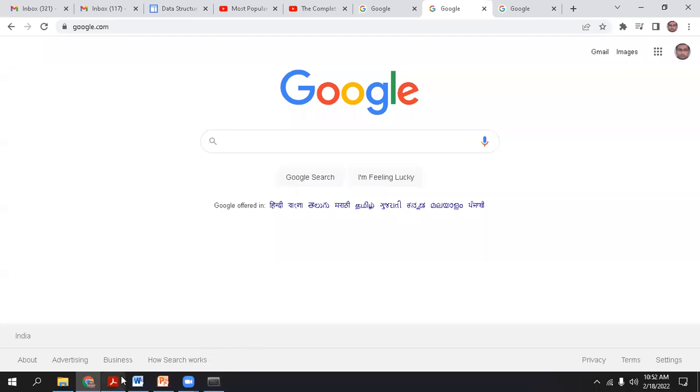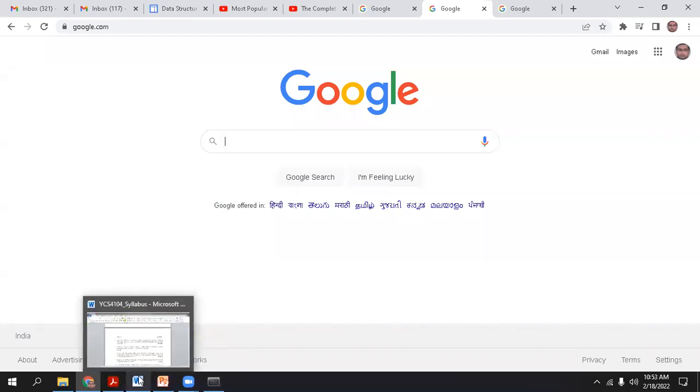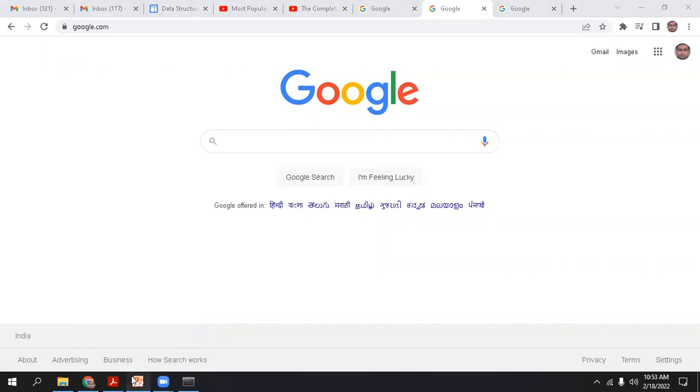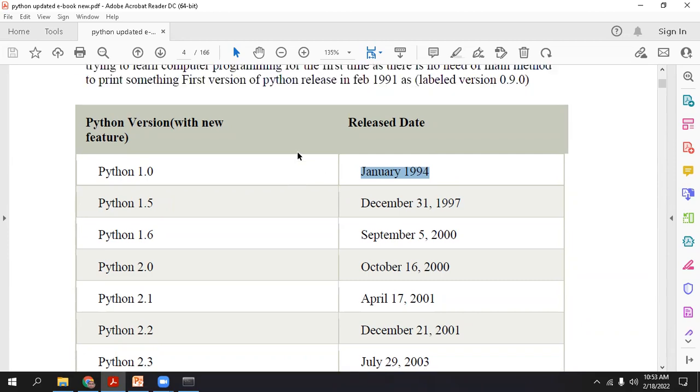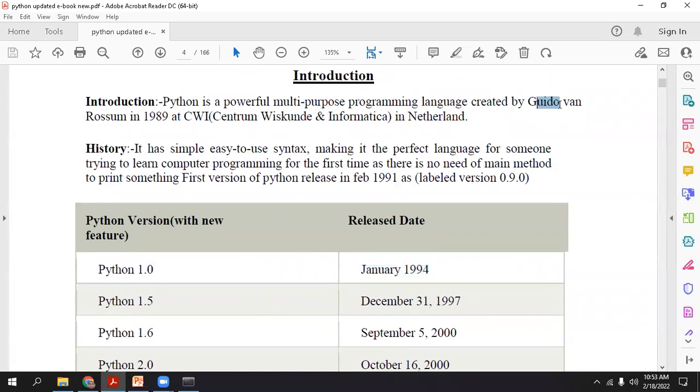Okay, so let's start with the discussion of the basics of Python. Look, the first version, Python 1.0, was released in January 1994. Don't mix it up. The Python concept was introduced by Guido van Rossum in the year 1989, and in some of